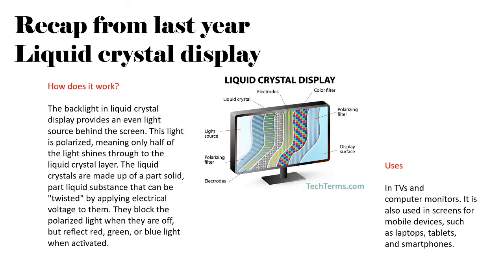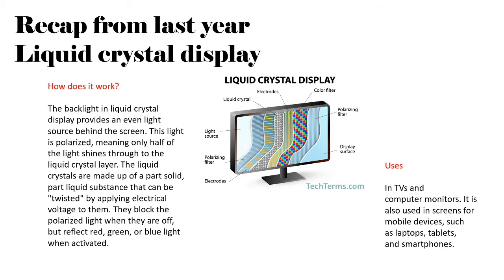LCD displays, liquid crystal displays. Now what liquid crystal displays do, what the actual crystals do, is when you've got the light source from your TV, so at the back of the TV you've just got LEDs that just shine a light through your TV. Now what the liquid crystals do is, when the light comes through, the crystals force the light to twist, rotate round, depending on